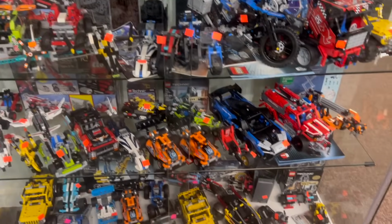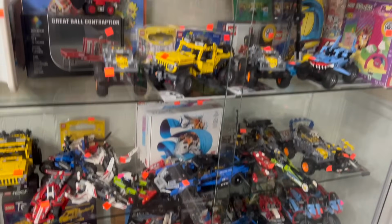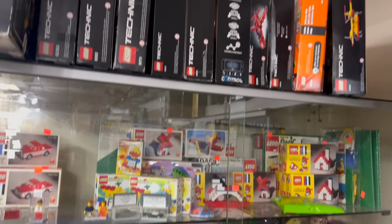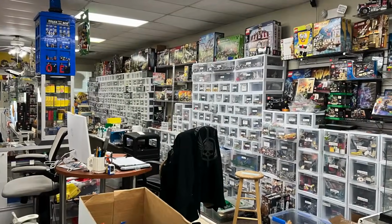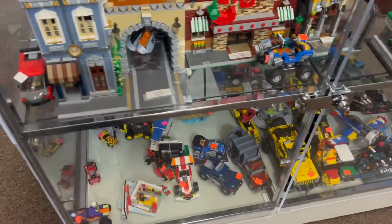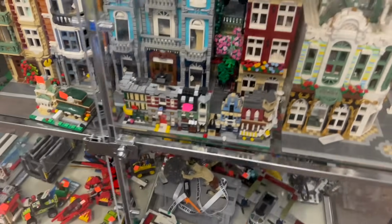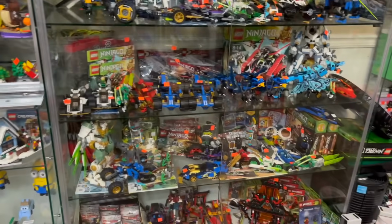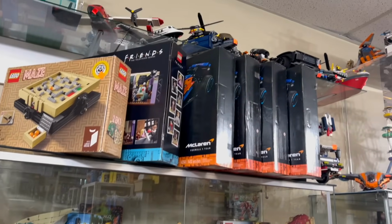Like this Exo Force section here, this is their Technic section with a ton of different LEGO Technic sets over the years. I made sure to get some sealed LEGO Classic Technic sets they had for pretty good prices, and one thing that I love about it is that their selection of random LEGO items was pretty eclectic. They had some LEGO Racers RC car stuff, which I managed to pick up. There's gonna be a haul at the end of this video, but that haul was only like the stuff that fit in my hand. I got a lot more items from here that I'm still in the process of putting together and adding to my collection, so I kind of wish that I filmed the haul at the store itself